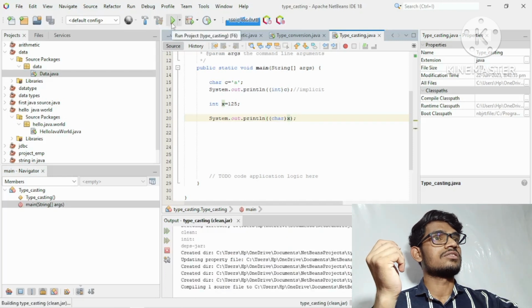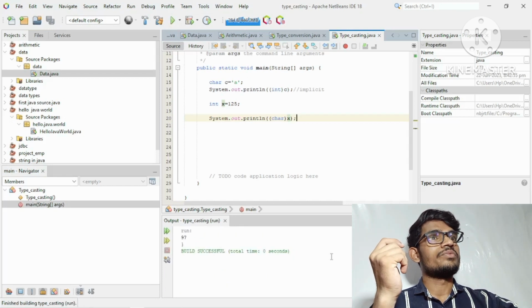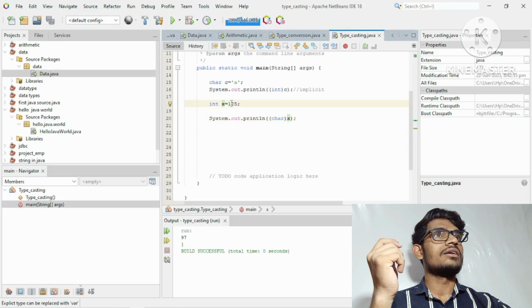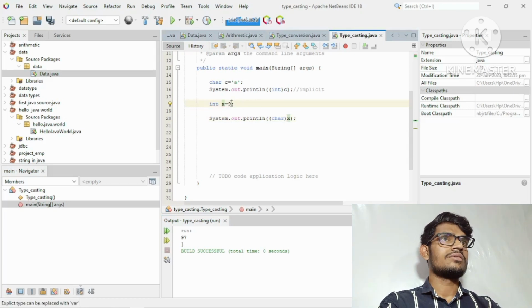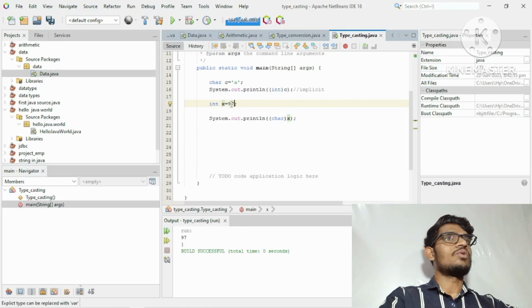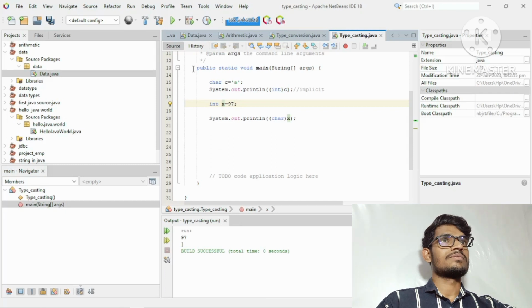So compiled successfully, we can see. Okay, and then run our source code. So we can see that this one is the parenthesis symbol. Okay, and if you write here 97, what will be the output, can you say something about that? So this one is the ASCII code of A. So at that time A will be printed. Let's see,